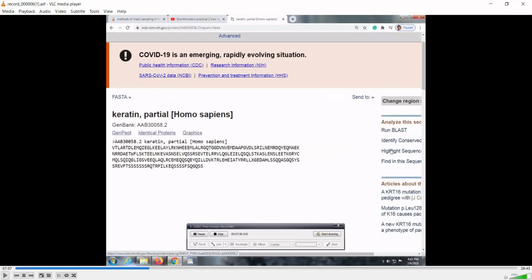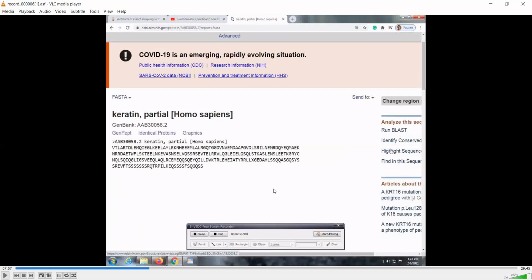The next practical starts from here, because we already have the sequence of the keratin protein, so we know the actual sequence. We are now going to search for related sequences or the same sequences which are present on this NCBI site. So the next procedure is quite different from that. So let's go for the other practical, that is